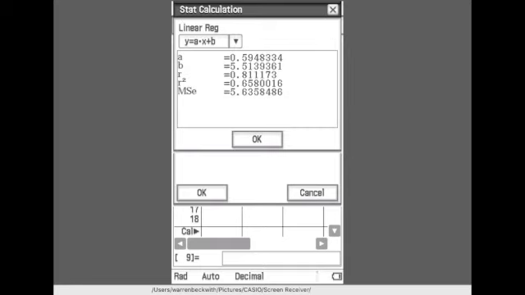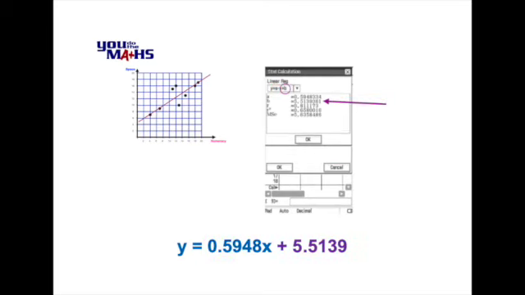So here's our line of best fit done accurately. We can see that the line is written as Y equals AX plus B, and the A and B values are shown on the screen. Normally we round these off to up to 4 decimal places. So our A value is 0.5948, and that represents the gradient, and our B value is 5.5139, and that represents